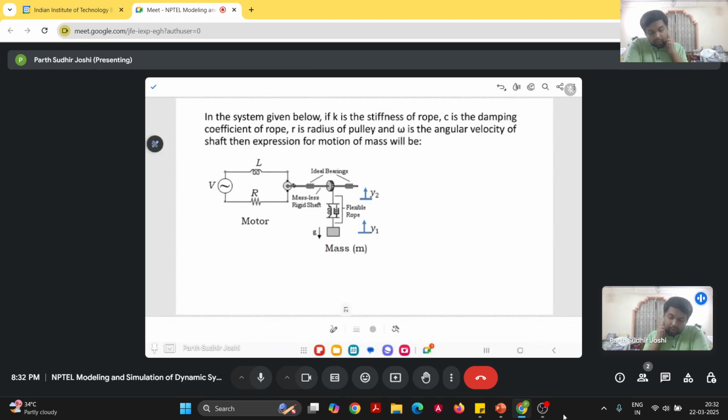So let us say y1 and y2 are the displacements of the two ends of the rope. The rope is being modeled as a flexible one, so it has both stiffness and damping. Let us draw the free body diagram first of the mass m. So it has basically the force of weight and the spring force and the damping force,